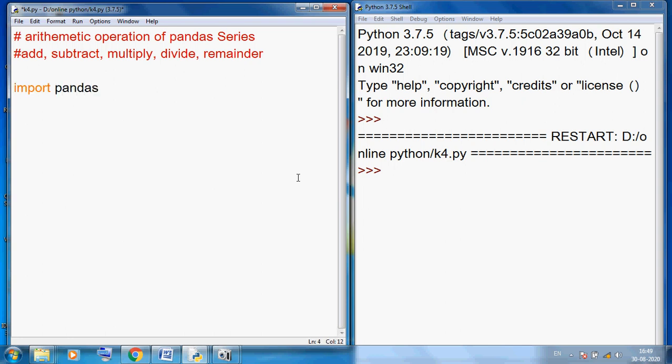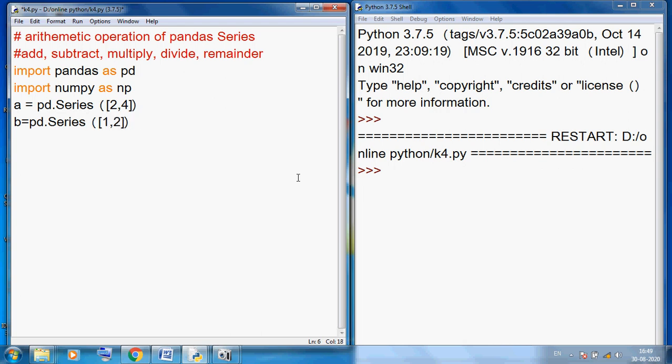For this purpose I am importing pandas as pd, and numpy as np also. Here I am taking list examples to create two series. In A, pd dot Series, I am storing simple values 2, 4, and in B, pd dot Series, I am storing 1, 2.